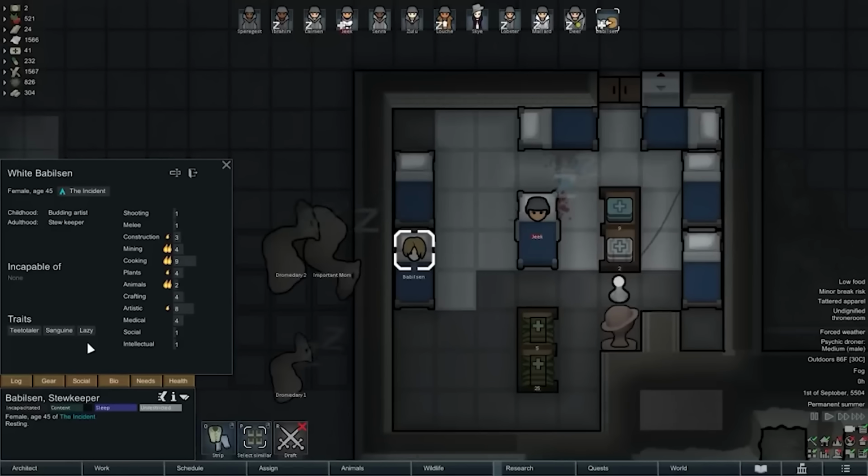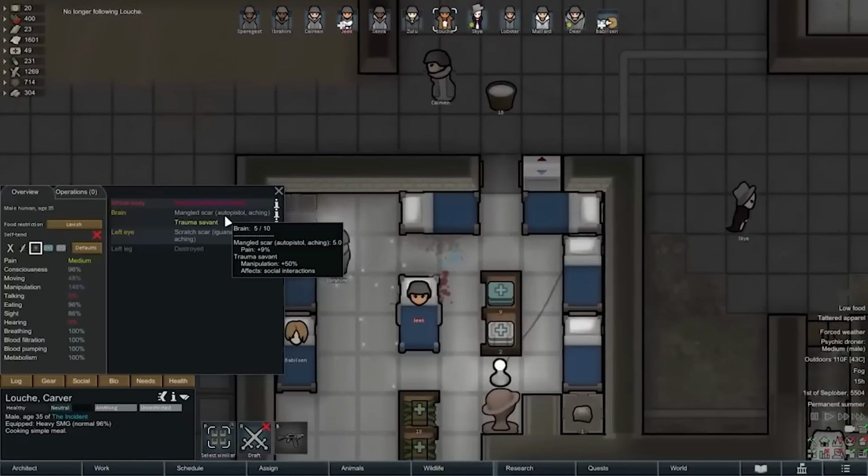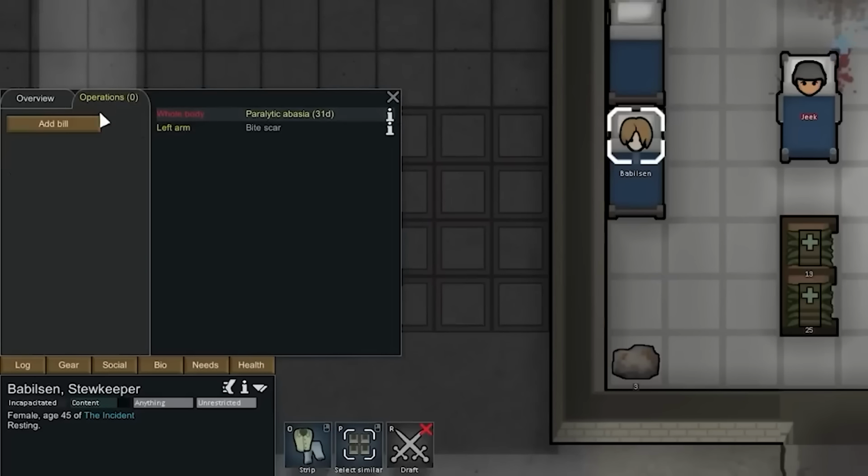I just can't help but feel bad for my colonists by the time we get closer to the end of a playthrough. They're all missing things, scarred, and I want to... I mean, look, he's got a scar on his eyeball. This guy, I want to help them, you know? And yet at the same time, without replacing them, the only thing to do is just make them all into cyborgs. I can't really take 31 days of paralytic abasia either, so it's...